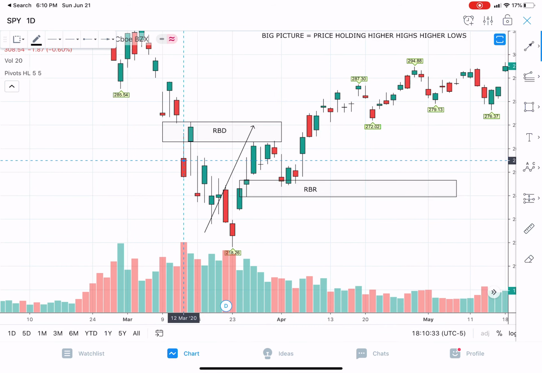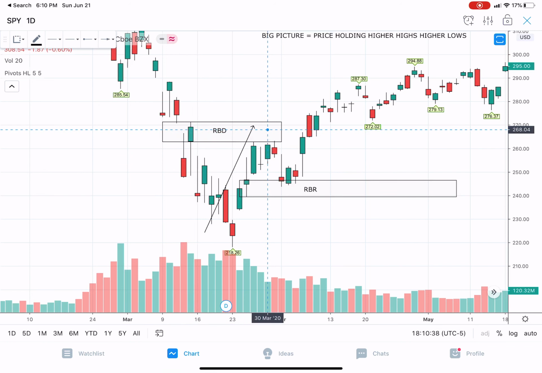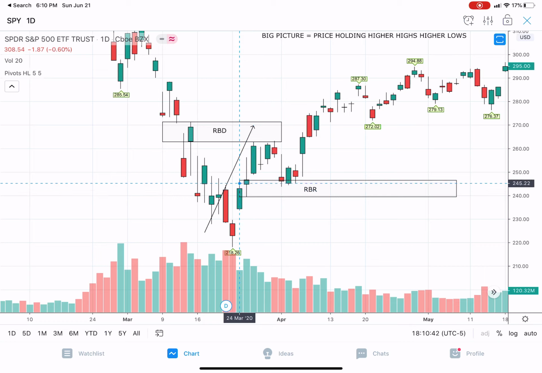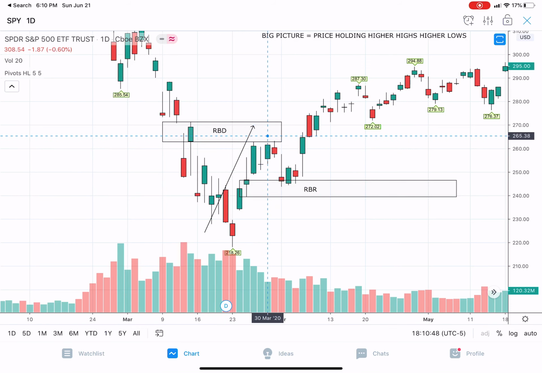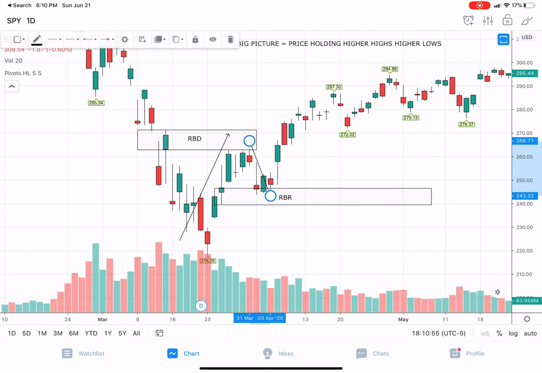And look what happens. We get the rejection out of the supply zone, and the market sells off. Look at where it sells off to. It sells off perfectly into this imbalance right here, this rally, base, rally imbalance. And then we have three days of accumulation, higher highs. You see over here,